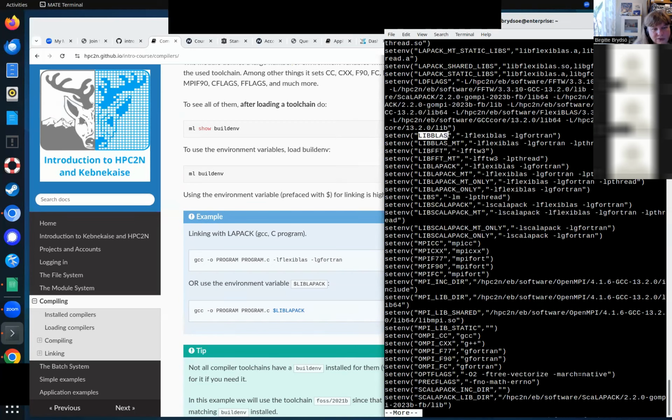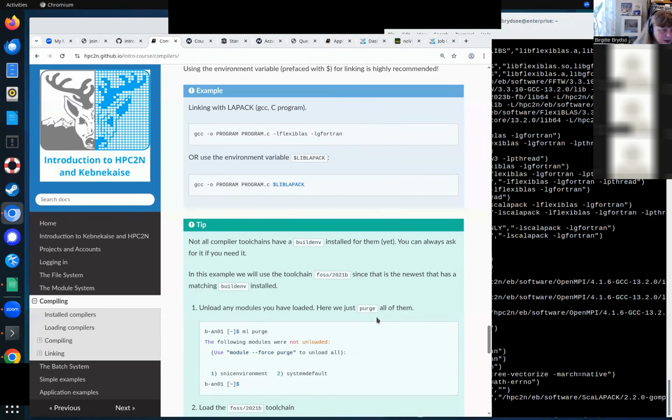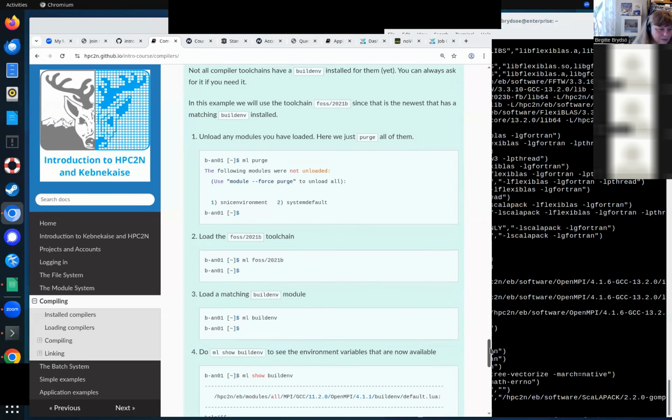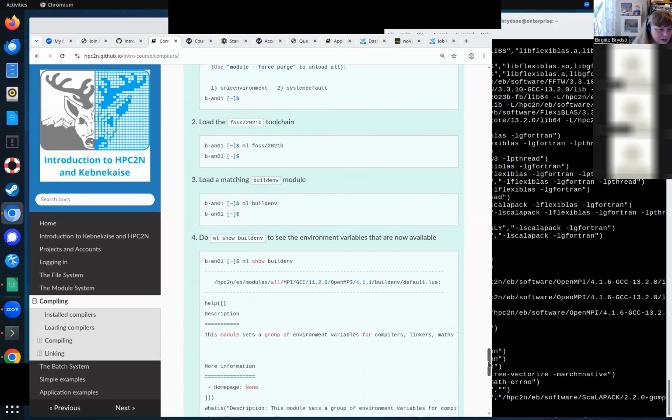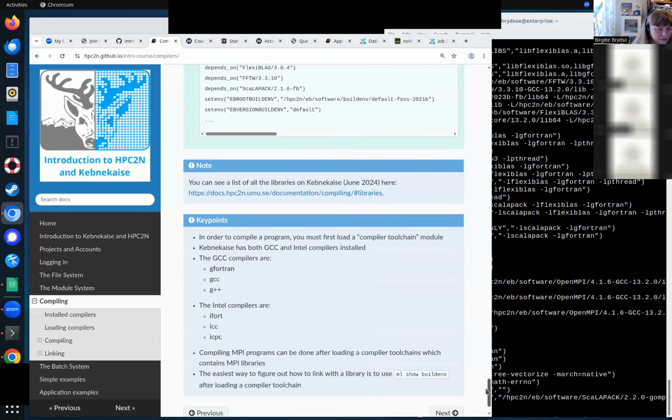And the advantage is also that if we install something different, or if these commands change, then this one will not. It will stay the same. So that is an easy way of finding out how to do this in your programs. Sometimes build-env is not installed for a compiler toolchain. If it's not, just ask us to do it. And this is basically what I just showed you. I will go to